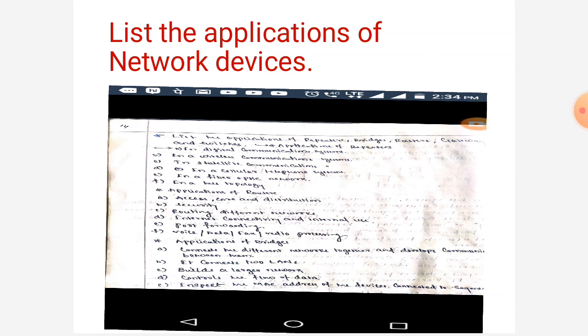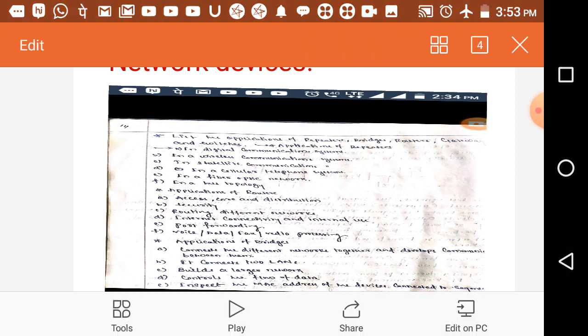Next is applications of bridges. Bridges connect different networks together and develop communication between them. They connect two LANs, build a large network, control the flow of data, and inspect the MAC addresses of the devices connected to a segment.